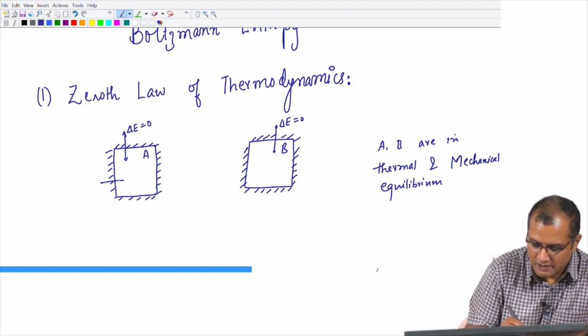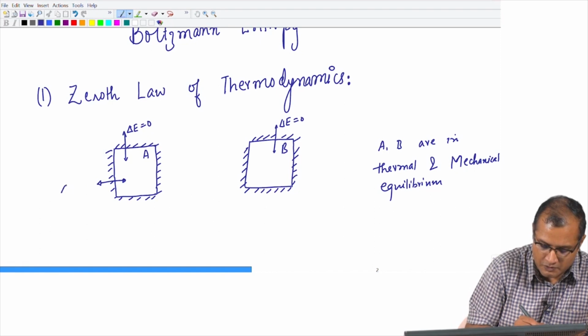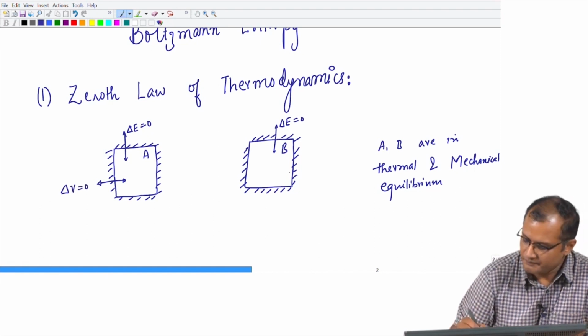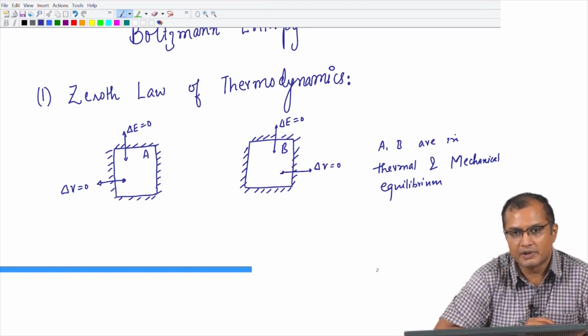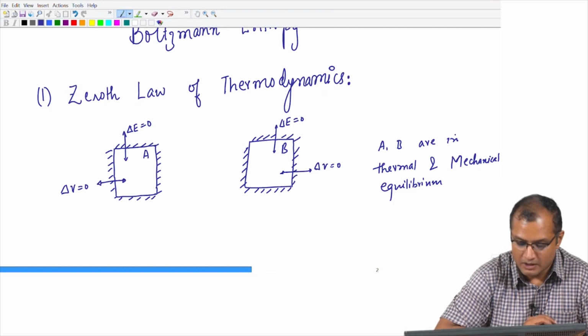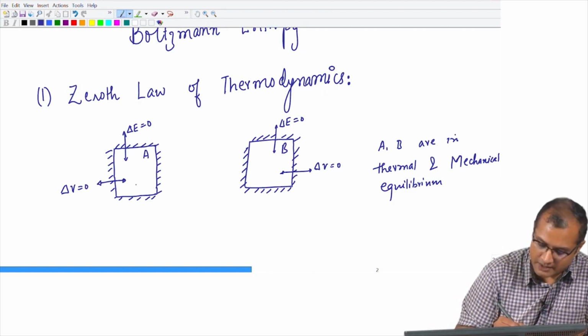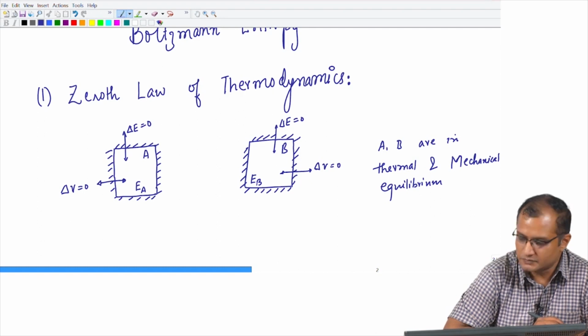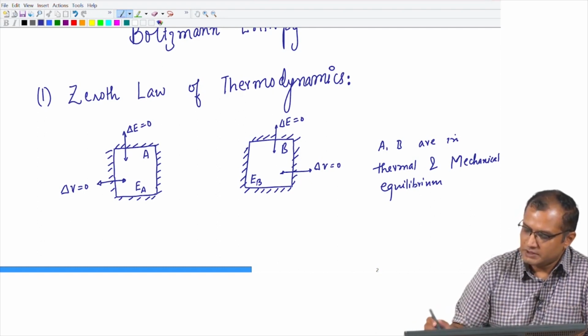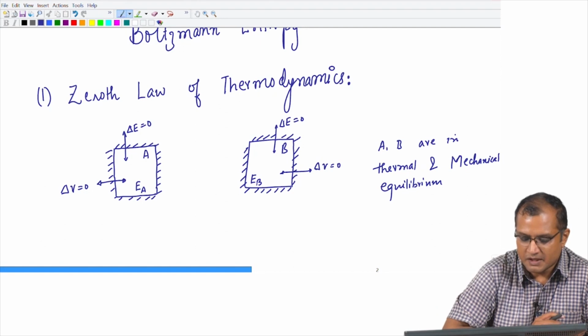And the walls are fixed, so the volume cannot change. So, they are thermally and mechanically isolated, and the systems have an energy content. Let us say the energy content of this system is E_A and the internal energy of the other system is E_B. Okay. So, the systems are in thermal and mechanical equilibrium,